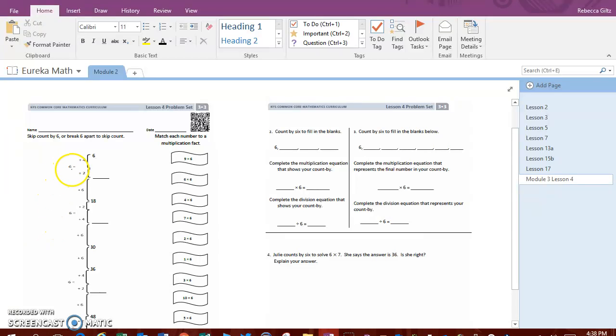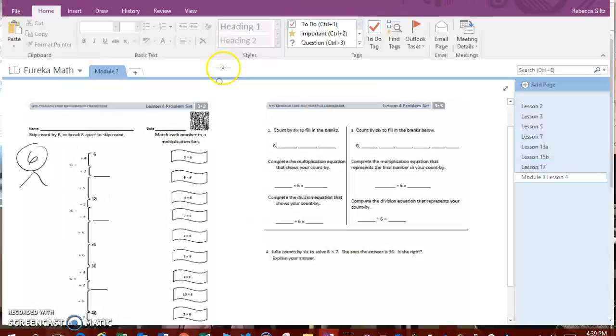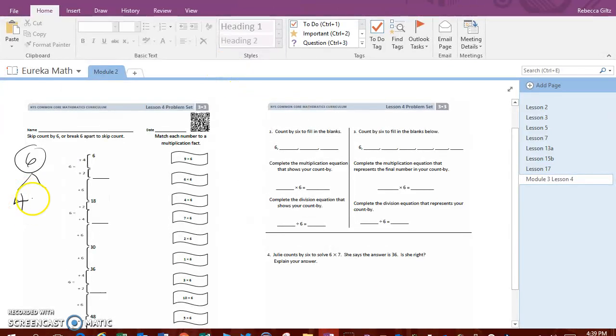So if you start with 6 and you're trying to add 6 more, you're adding this 6 to it, you can break that 6 into a 4 plus a 2. It's like a number bond. You've got a 6 at the top, and that can be broken down into a 4 and a 2. It could be broken down into a 3 and a 3 or a 5 and a 1, but in this case, the easiest way to break it down is into a 4 and a 2,